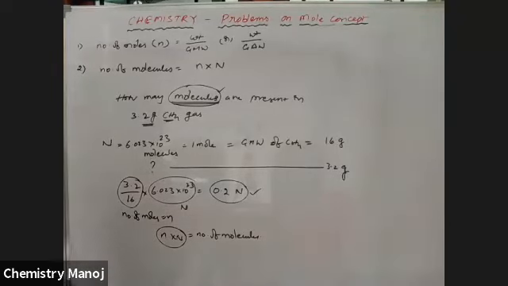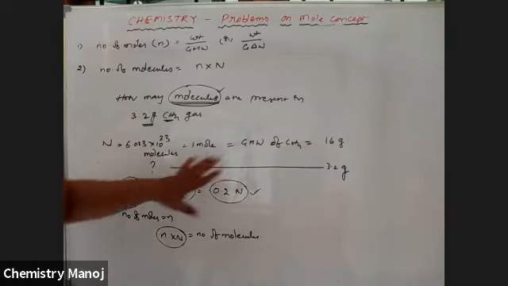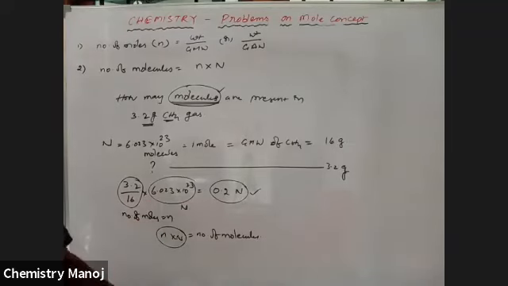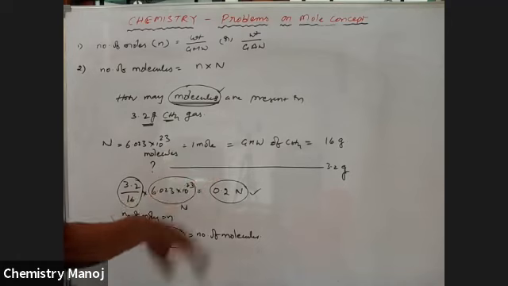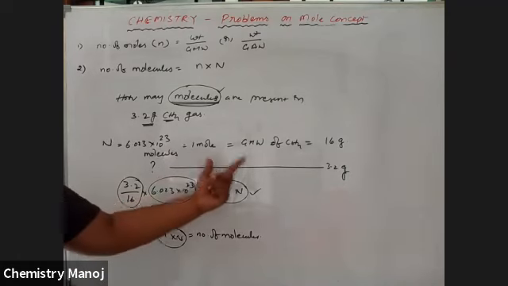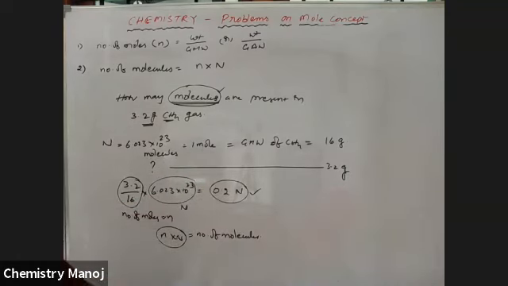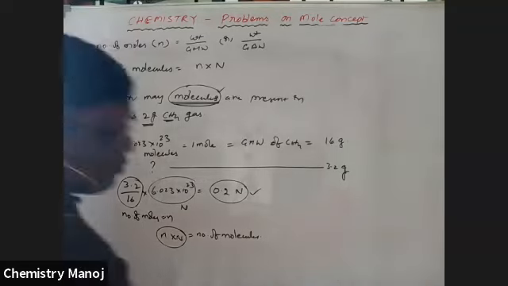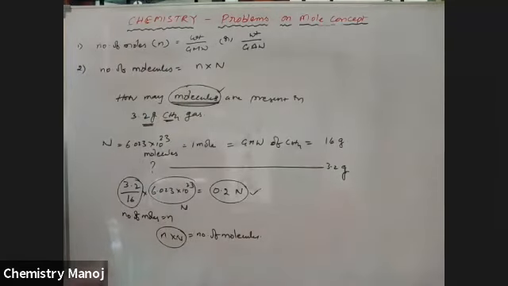Is this clear? Here we are just comparing by using that mole. If you know one mole, you can calculate everything. So just by comparing those two, this is the known term, this is the unknown term. Known term is compared with unknown term. So this is the number of molecules. Number of molecules is equal to small n into capital N. Now, I am going to take one more model.